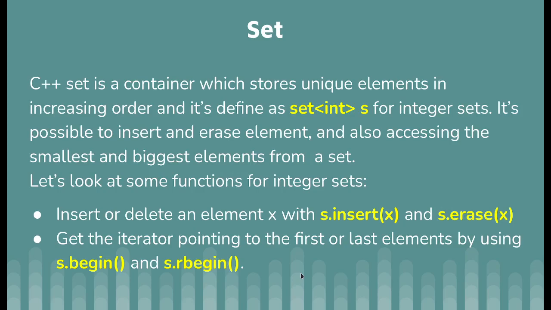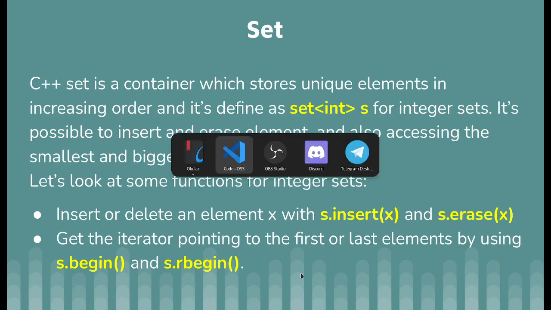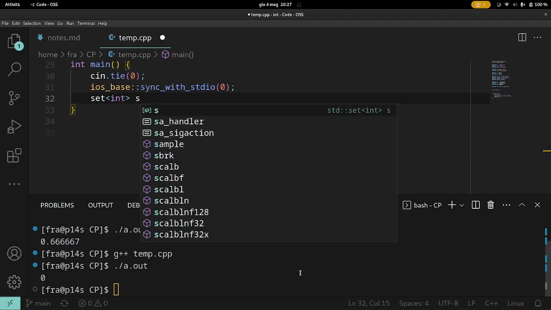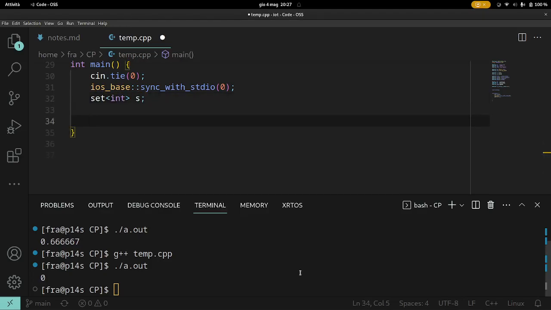How can we know if there is an element in the set? For example, in Python there is the in operator. Here there's a find method. It returns a boolean basically? You can use find, so it's something like this, set.find. Is it like an iterator or a boolean? It's an iterator. Yeah, okay.